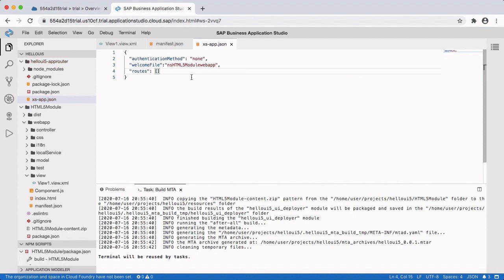Now app router will redirect to the webapp folder and to the index.html file.